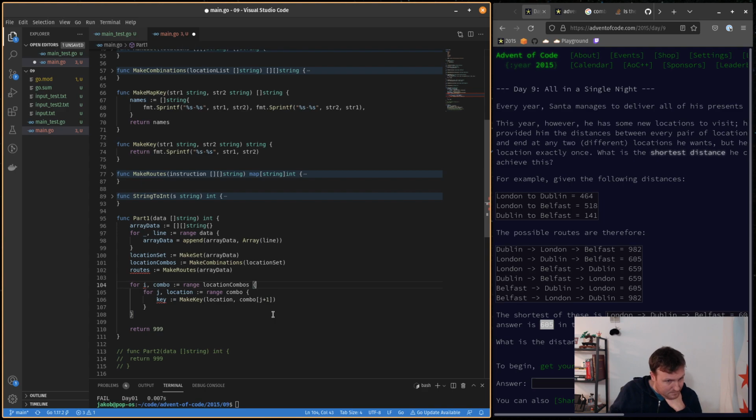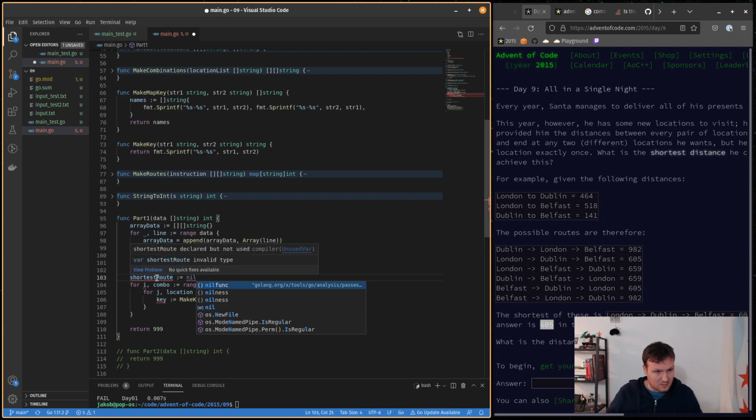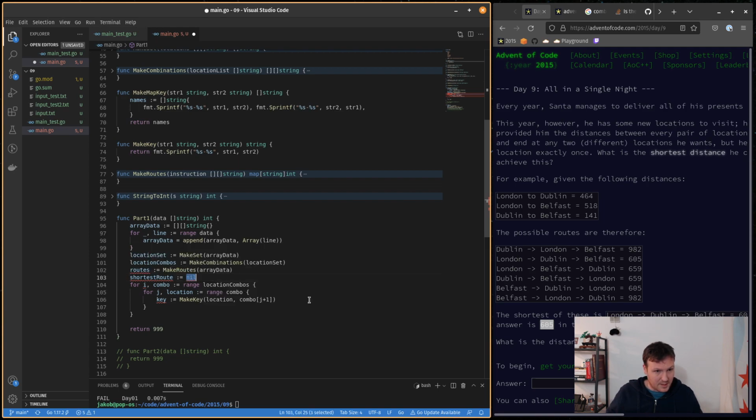And we're gonna make a shortest route equals nil. Nil? No. I'm gonna make it